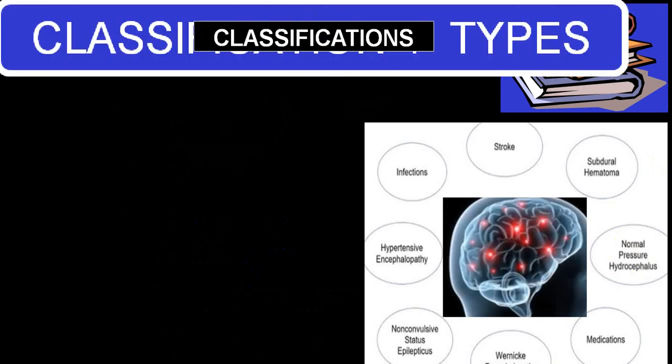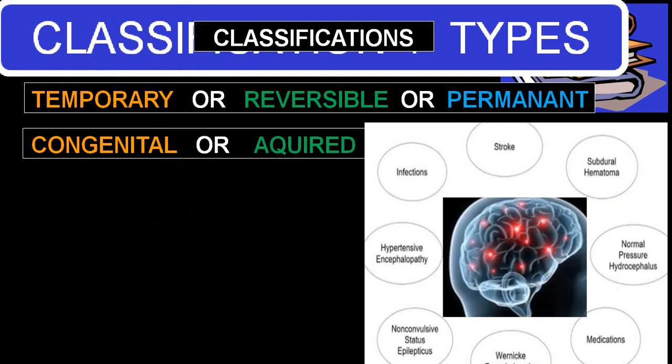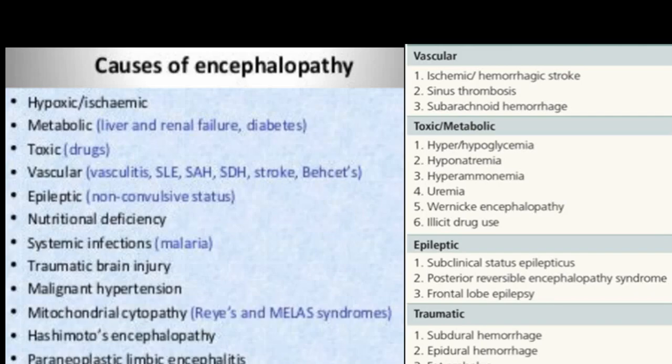Classification of encephalopathy can be divided into temporary, also described as reversible, because the person becomes absolutely normal after treatment or on their own, or the person develops irreversible damage, which we call permanent. Etiology wise, congenital and acquired. So the most common cause of encephalopathy can be hypoxic or ischemic. It is also described as hypoxic ischemic encephalopathy. Second very common is metabolic,